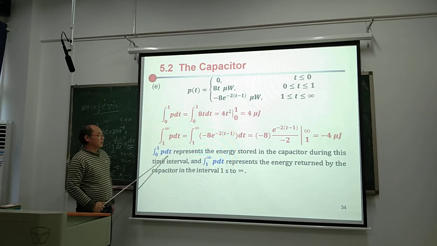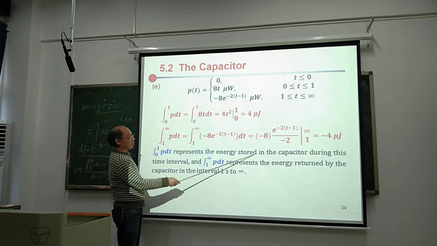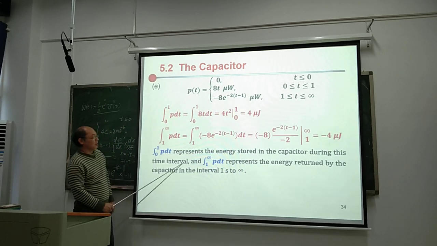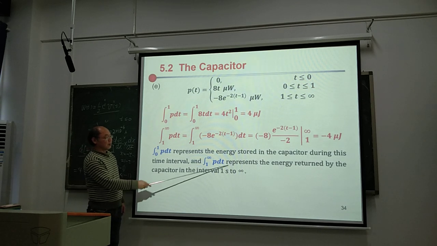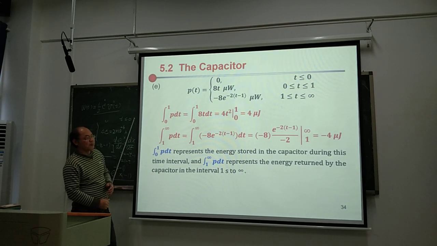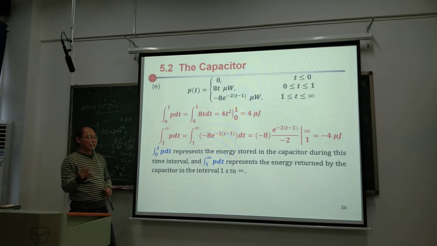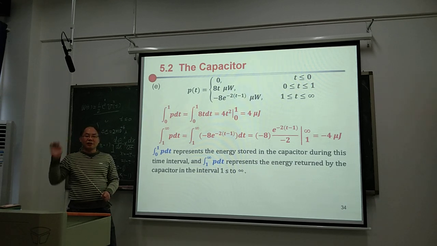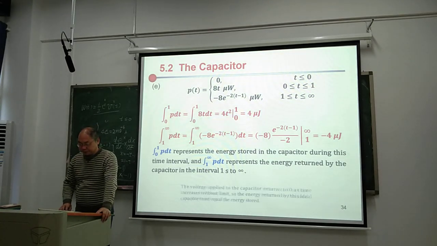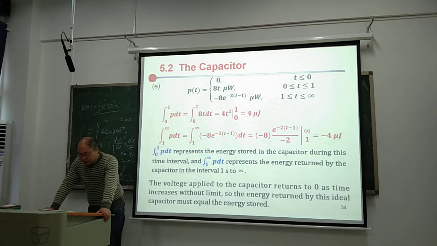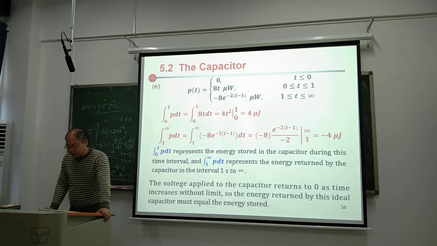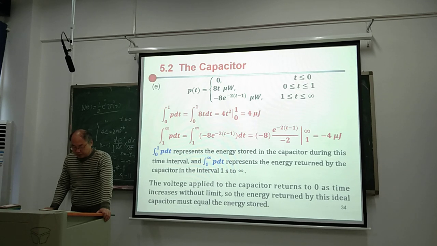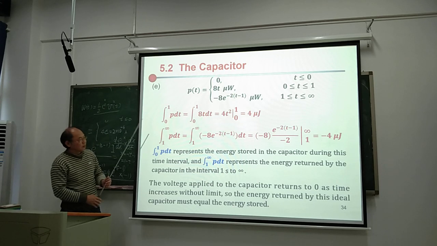So this represents the energy stored in the capacitor during this time interval, and this represents the energy retained by the capacitor, extracted. The voltage applied to the capacitor returns to 0 as time increases without limit. So the voltage